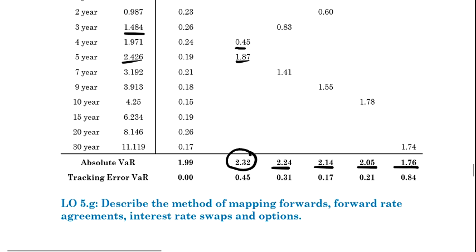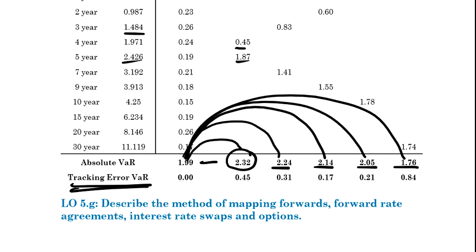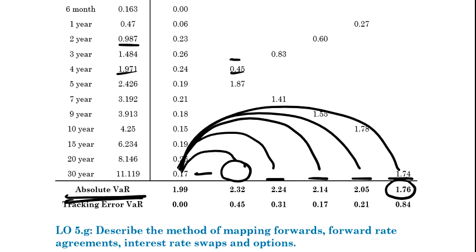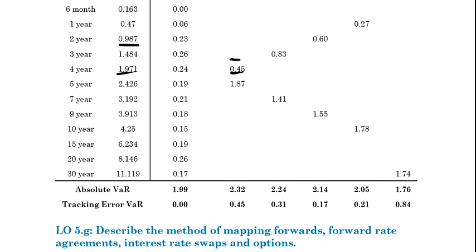Now to find out the tracking error, it's very simple: take the difference between the benchmark and the portfolio. You can see that this portfolio has the highest amount of VAR. But remember, the calculation of this tracking error is not so simple. We have to involve vectors. So the calculation is not part of our syllabus. So now what we have to see, that's important.